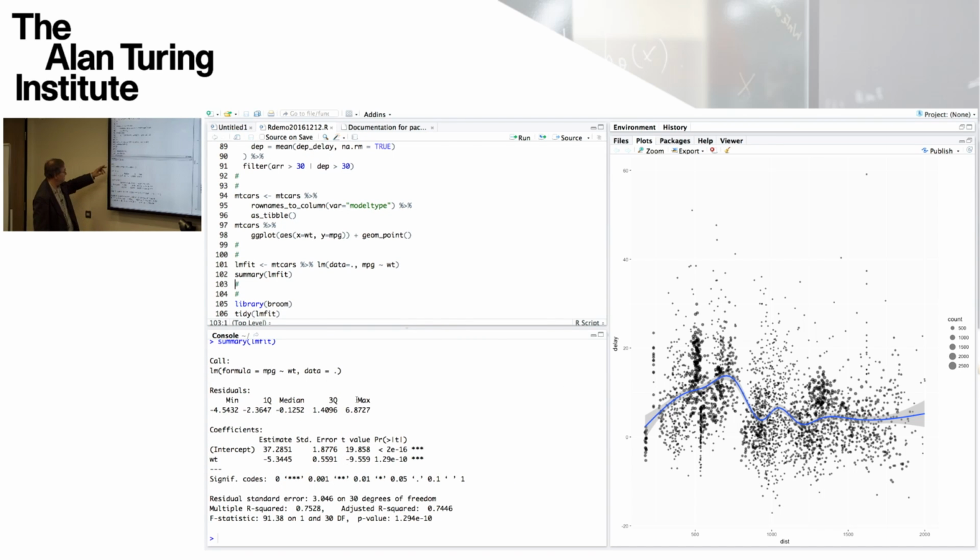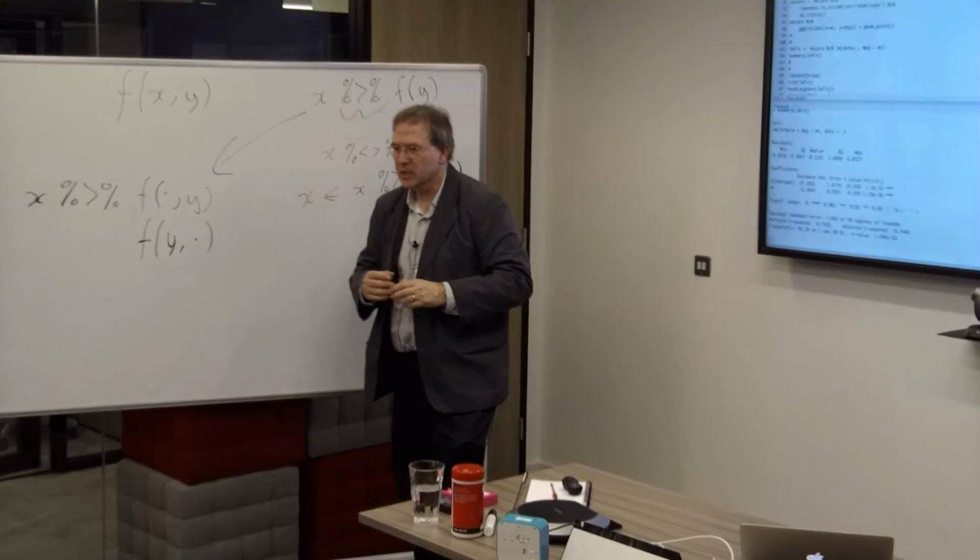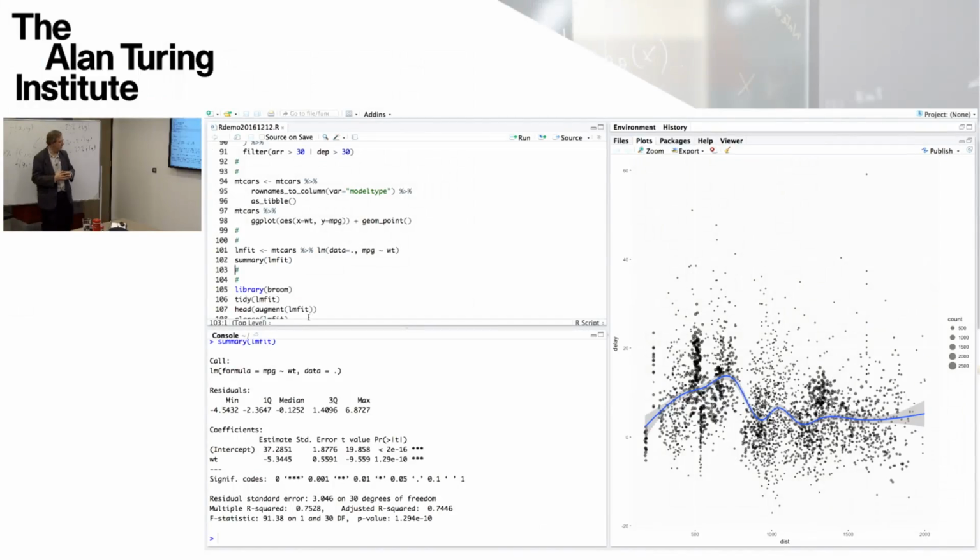So summary of lm_fit reminds us of the call that we used to produce the model, the residuals, the coefficients, the standard errors, t-values, p-values, and some other information like the r-squared is printed there. This is similar to the summary you get from various other types of model fitting procedures in R. So, for example, there's glm, which is generalized linear models, and so on. And it gives you lots of information, and from the summary you can extract, as we did before, the coefficients and so on.